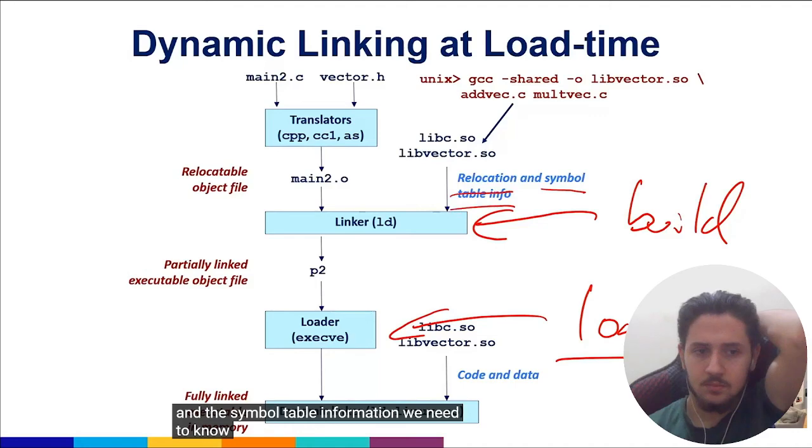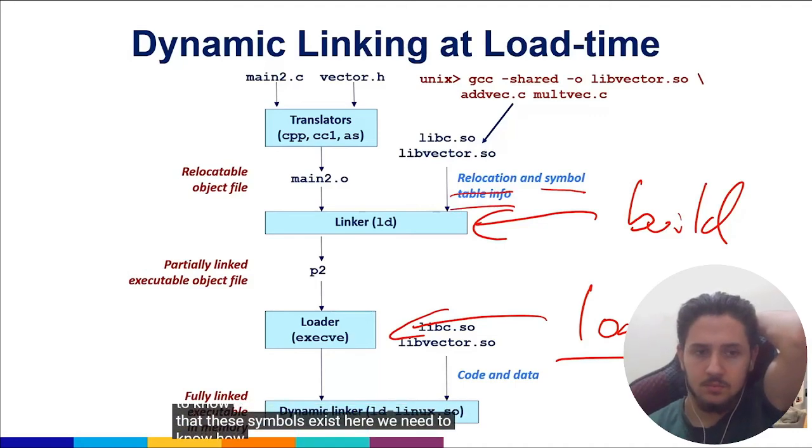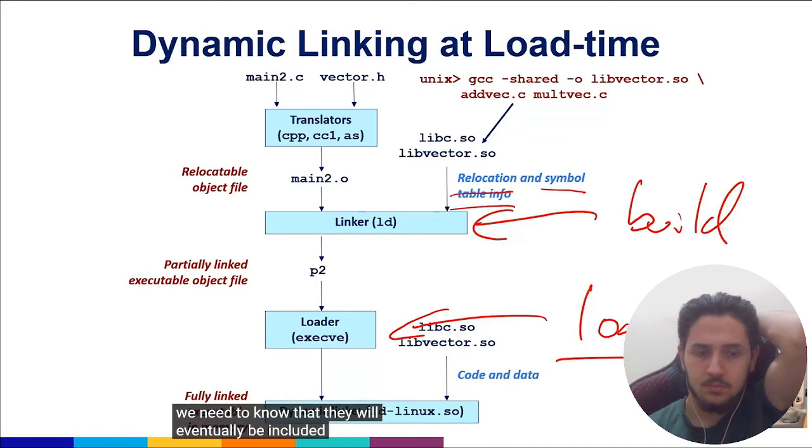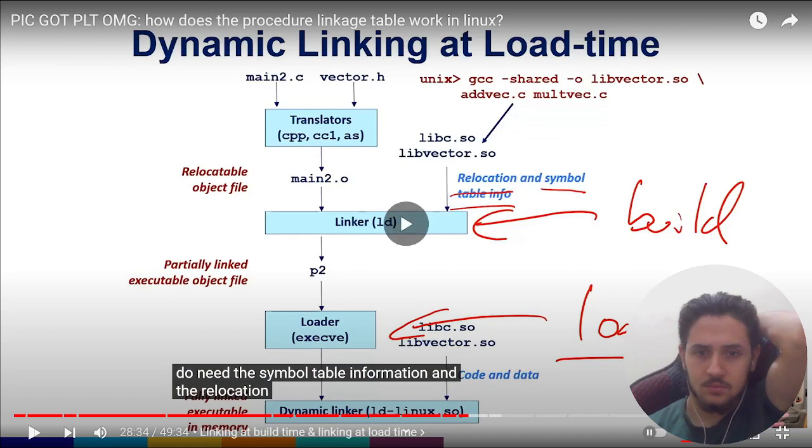We need to know that these symbols exist here, how big the symbols are, and that they will eventually be included. So we can't do the linking process at build time without access to the libraries. But the important thing is that while we do need the symbol table information and the relocation entry,